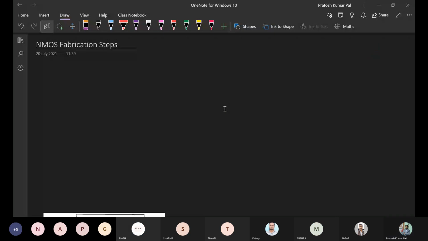So here we are going to see different steps that need to be followed while fabricating NMOS. Okay, so here we'll be dealing with the NMOS fabrication steps basically.